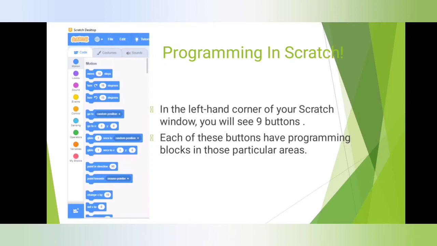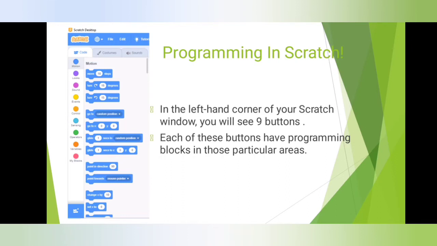Next is sound blocks. These blocks are pink and purple in color and consist of 8 stacked blocks. Sound blocks are used to apply sound on a sprite. Next, events. These blocks are yellow in color and consist of 6 hat blocks and 2 stack blocks. Event blocks are used to control the triggering of the scripts for your sprite and backdrops. And every script must start with an events block.